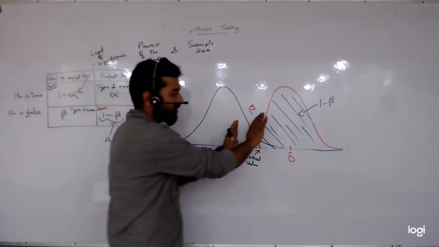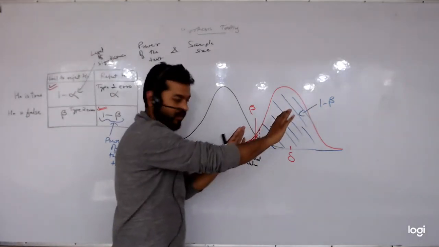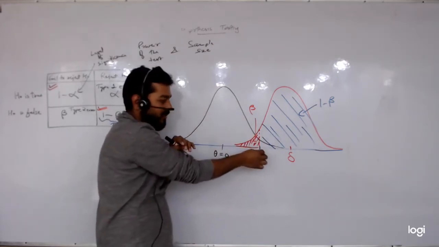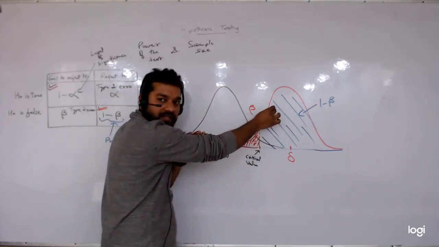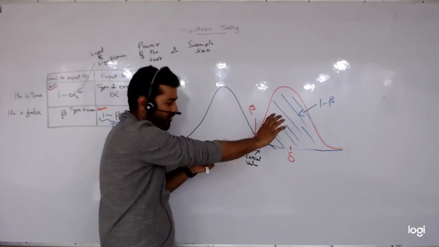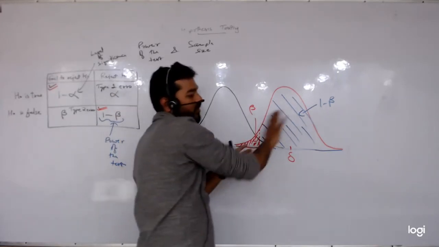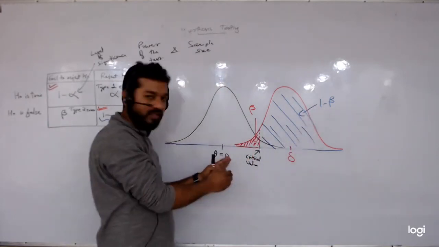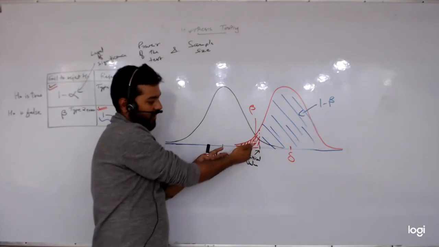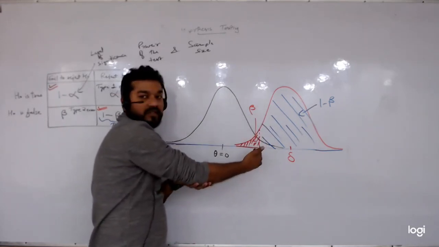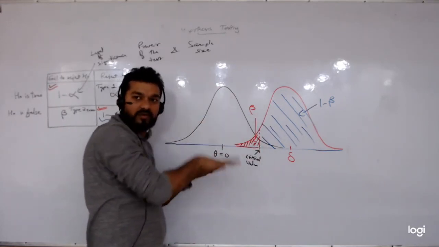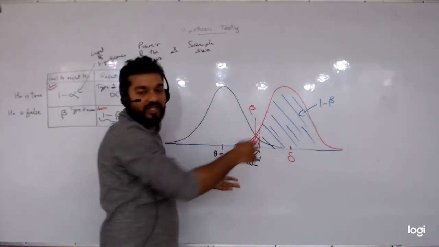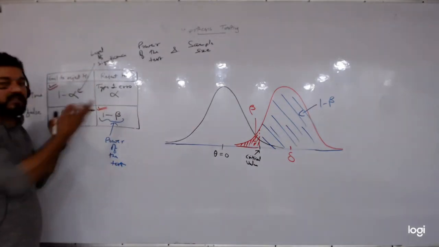Because if you just push it there, okay, critical value is for the black one, it's fixed, it doesn't depend on red, doesn't depend on the true distribution, it depends on the false one. If naturally it so happens that this is to the right, the red one would be to the right, black is there, the area under the red curve to the left of the critical value would fall, and the remaining 1 minus beta would increase, that would increase the power of the test.